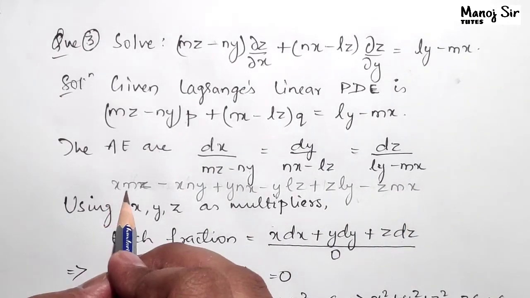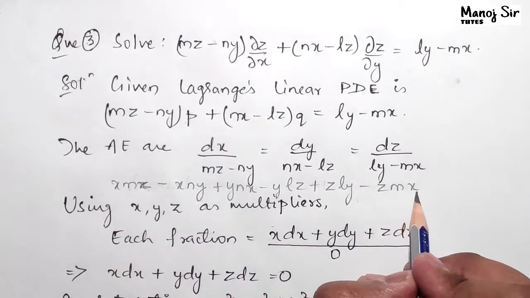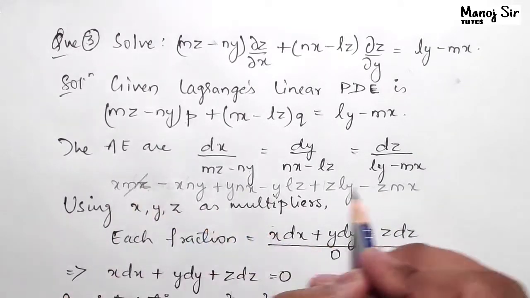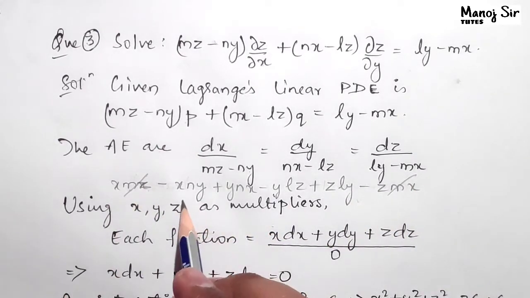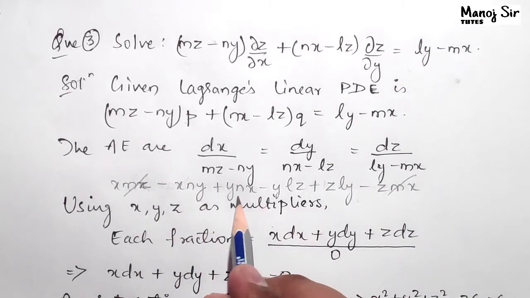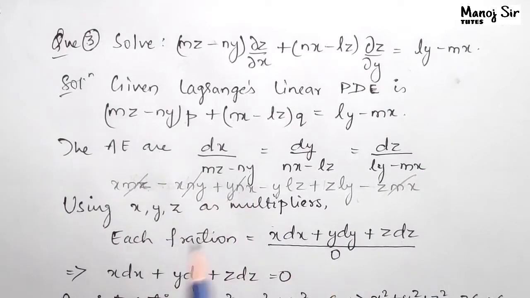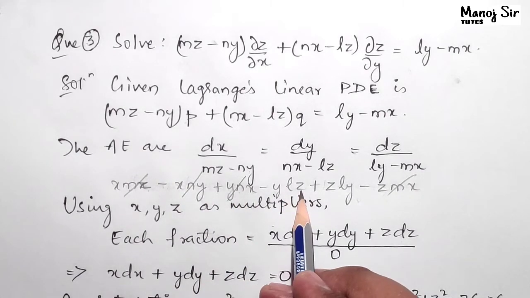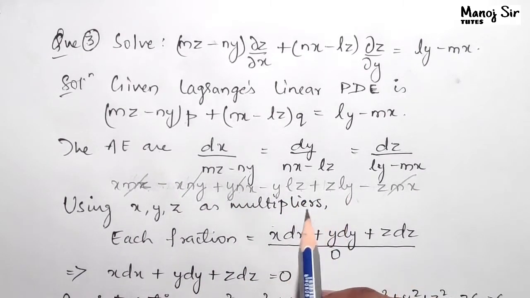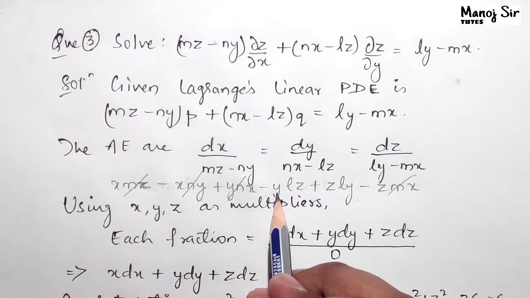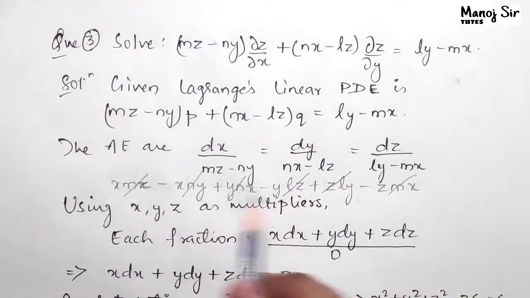Here we have m x m z, here we have x m z, negative, this is positive, both will get cancelled. Here we have x and y, here we have x and y, this is positive, this is negative, these two get cancelled. Here we have y l z, y l z, this is positive, this is negative, so these two also get cancelled. What is left? 0.